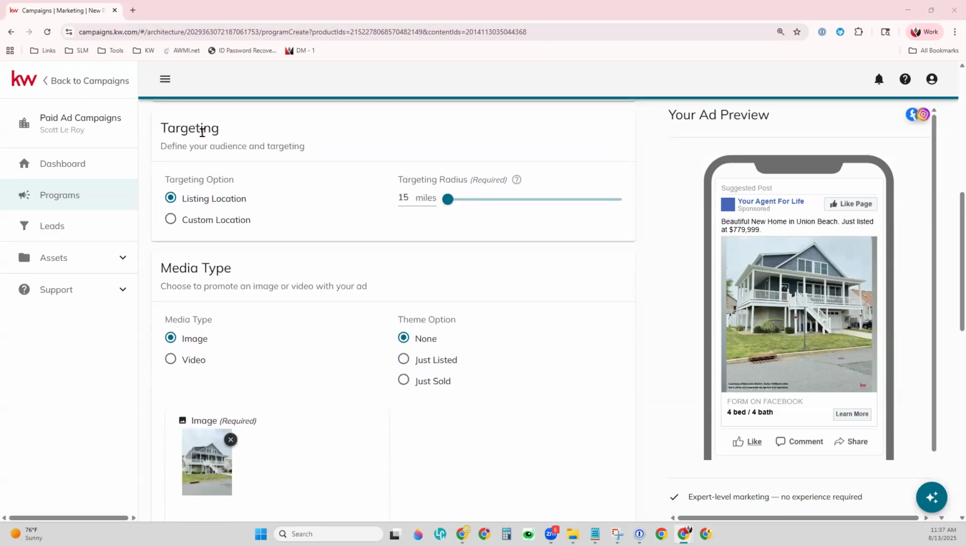So let's move to targeting. I told you before, some of the paid ads will let you target based on keywords, like if you're doing Google search ads. For the listing ones, typically it's going to give you two targeting options. Number one, listing location. So it will take the address from the MLS for this listing, and you get to choose a target radius around that listing. So you can slide the bar here or put your cursor here and change the distance around that listing